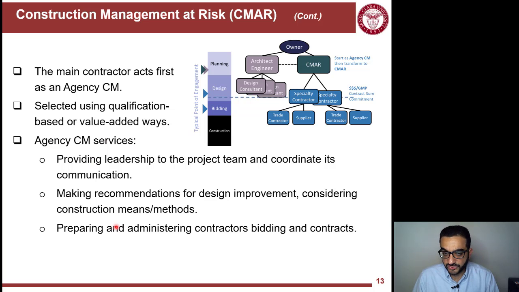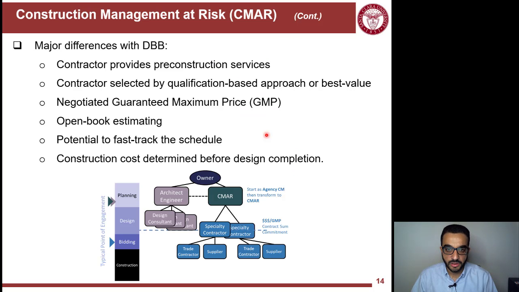Agency CM provide this list of services here typically. They provide this leadership and coordination between design and construction parts of the team, making recommendations for improving the design and value engineering and improving the value to the owner at the end. And then finally, preparing and administrating the bidding process for the subcontractors and trade contractors. The major difference between CMAR and DBB, contractor provide pre-construction services during design, so they're more